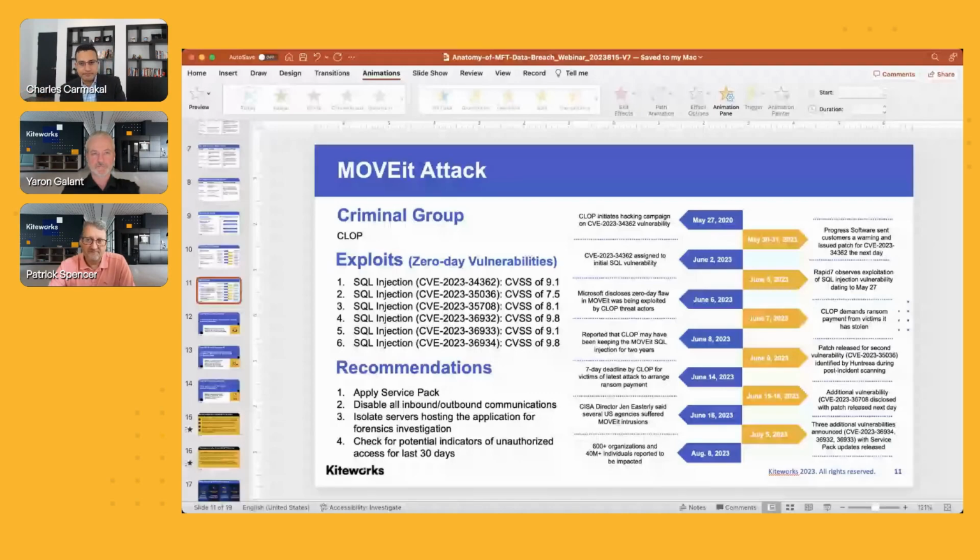Yeah, interesting. There's certainly been an evolution over the last couple of years in terms of their tactics, and the fact that they were almost too successful in terms of the number of organizations that were hacked, where they couldn't reach out to all of them. They're asking them to contact them instead.